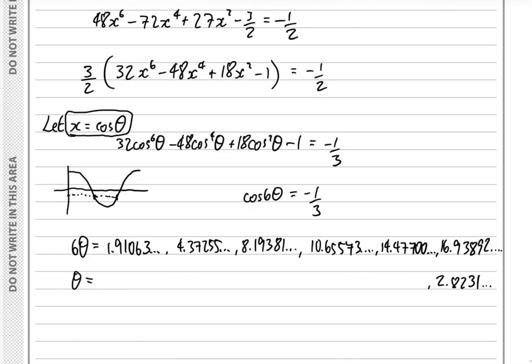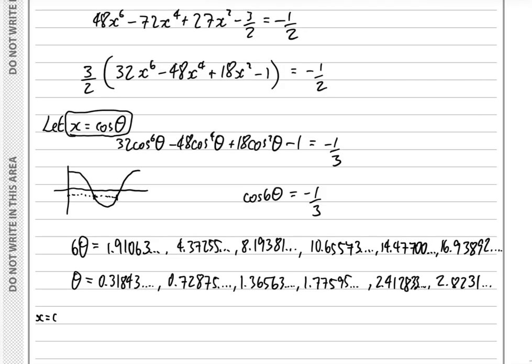2.8231. This one over here, doing it in a slightly funny order, just because of which one was on the calculator first. And this one, 2875. This one, 1.36563. This one here, 2.412833. And this one, 1.77595. Therefore, x, which is equal to the cosine of theta, here is